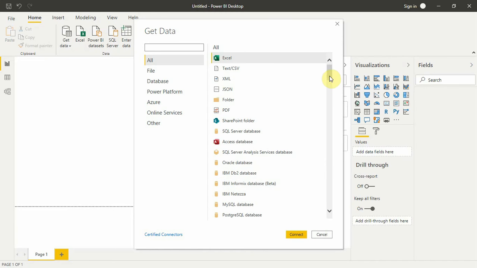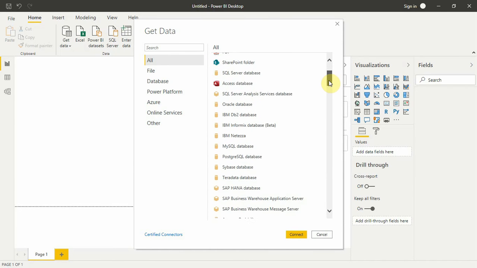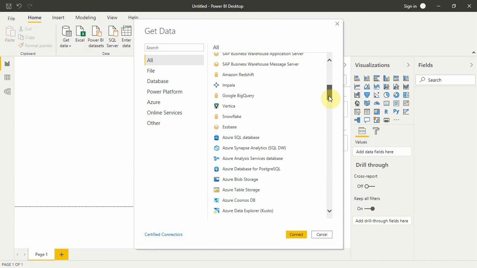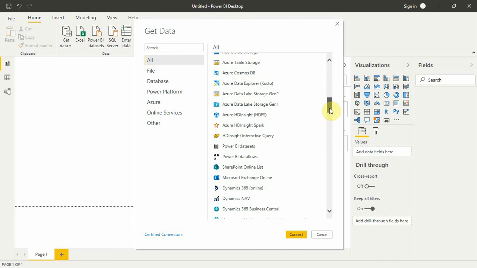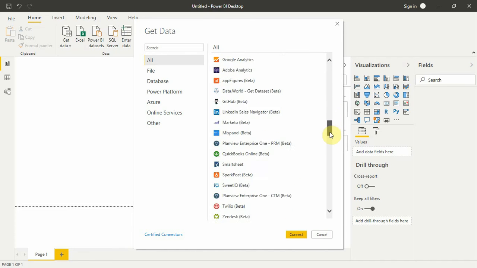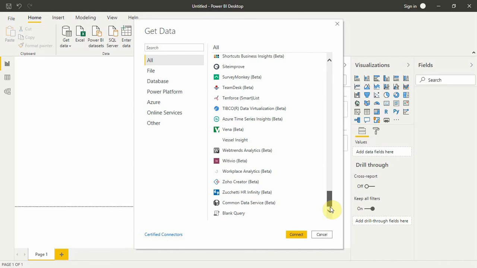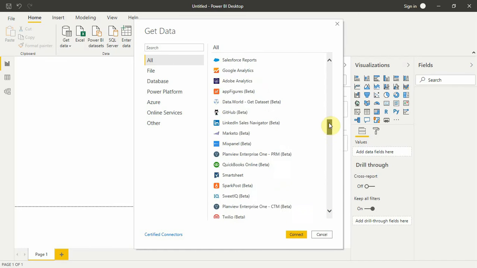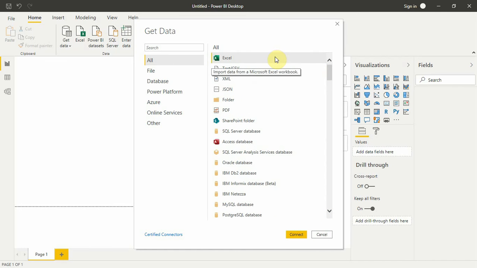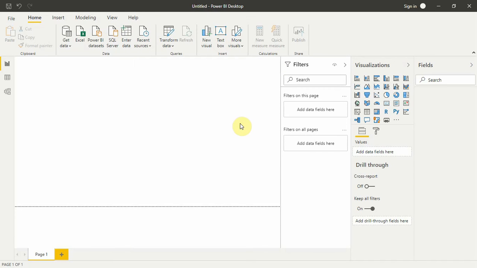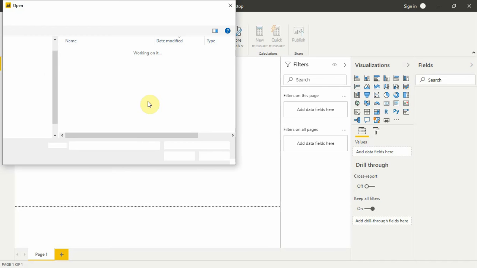As you can see, it can take Excel files, JSON files, SQL, IBM, SAP, Microsoft Azure, datasets. So you can see there are many types of files. Almost all types of files it can accept and connect. Okay, so right now our work is with an Excel file. So we'll use Excel, and I'll connect to some database and show you how it happens.